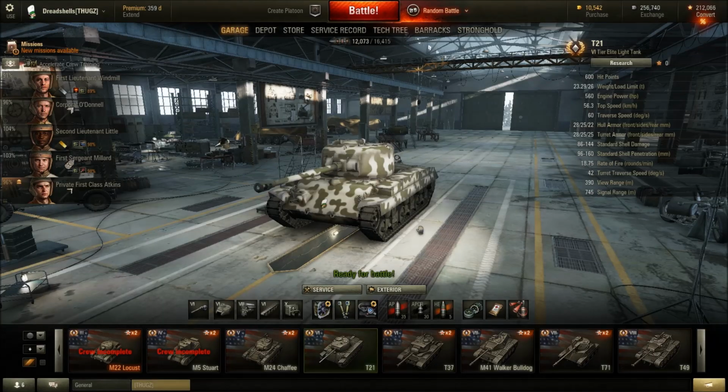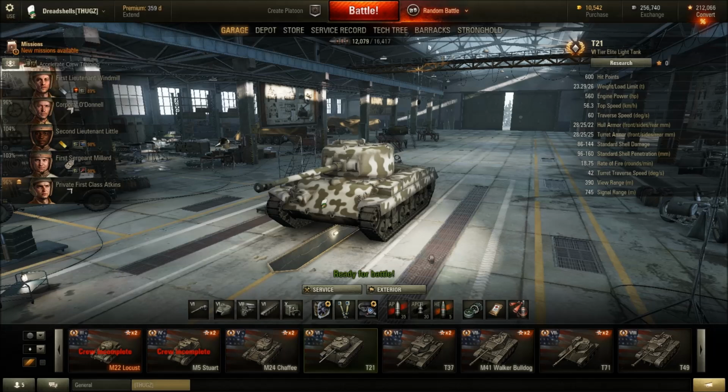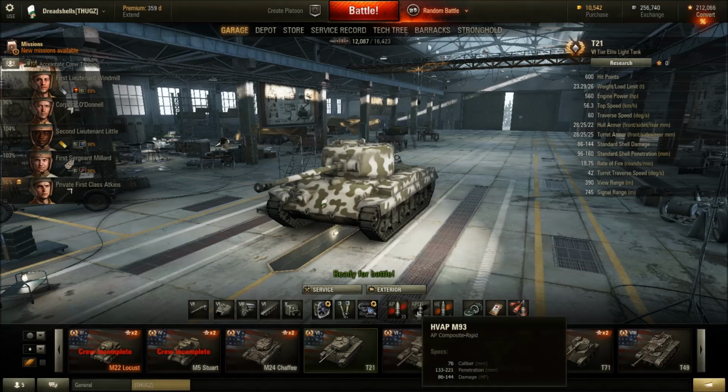That being said, the T21 can do a lot of damage in a hurry given the right circumstances, but the gun is a lot more situational, mainly down to the penetration that the T21 gets with its 76mm, which is only 128mm of penetration with its standard rounds. So you need to be willing to fire a lot more premium ammo in this tank than the T37. You can see there I almost got a half and half ratio here of standard and premium ammo